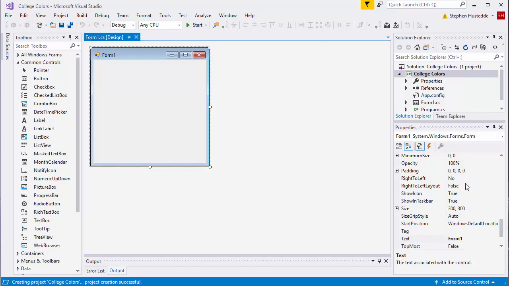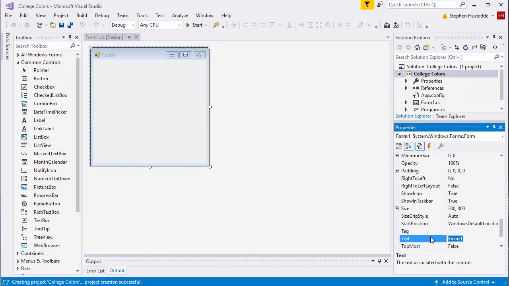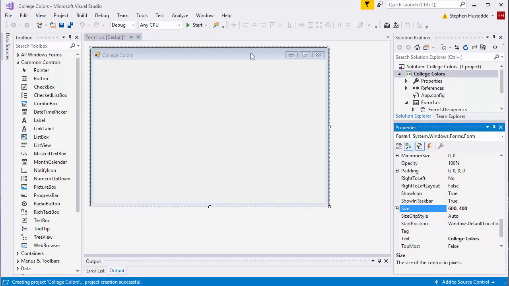I'm going to go to the properties for Form 1. I'm going to come down to the text property, and we're going to change the text to be College Colors. When I press the Enter key, that will appear up on the title bar of my form. I'm going to change the size to be 600, 400. So 600 pixels wide by 400 pixels high. Gives me a little bit larger